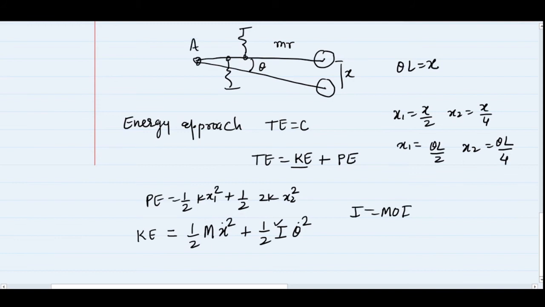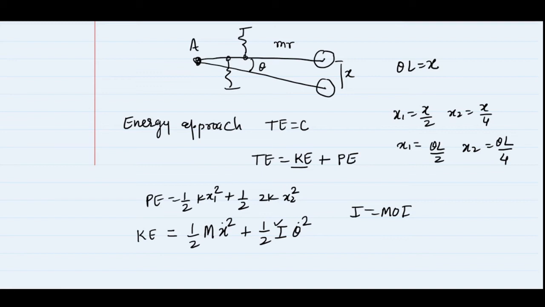Please remember, in different books there are different approaches available, but what I generally follow, if I have a member which is rotating about a point and I want to write the energy for that member, the general approach is that you write half I omega square and consider the I about the point of rotation. Don't worry about the center of mass of the rod, where the mass is moving.